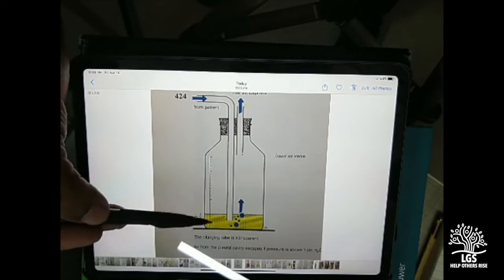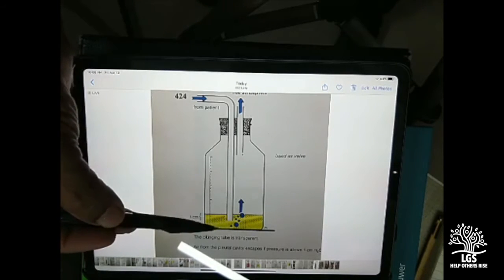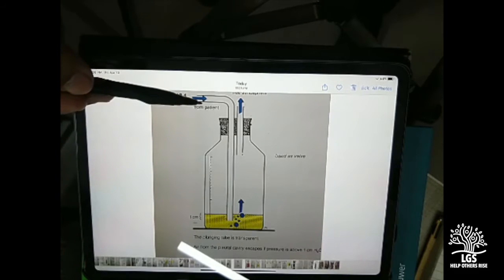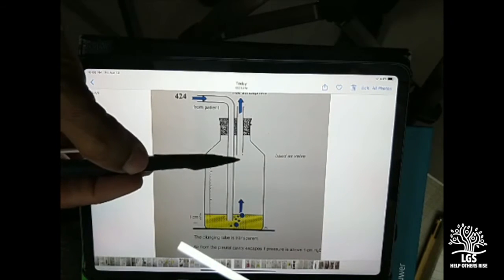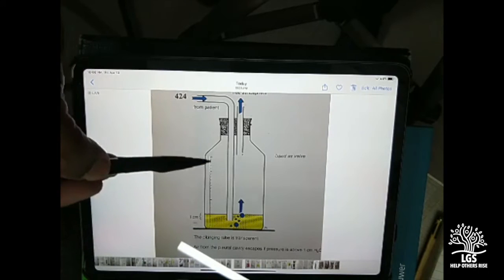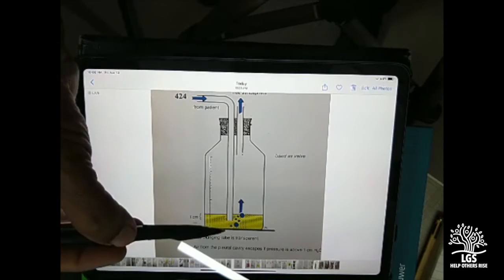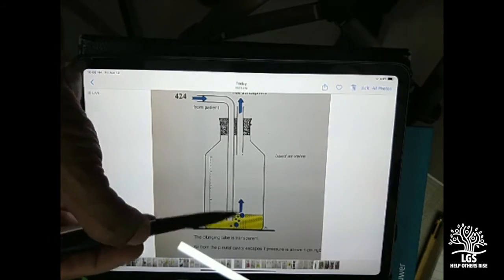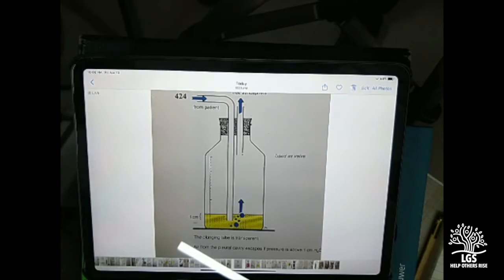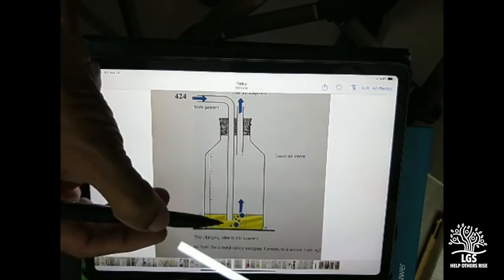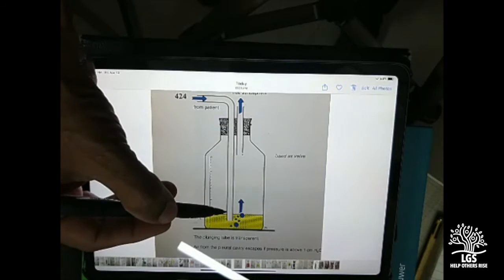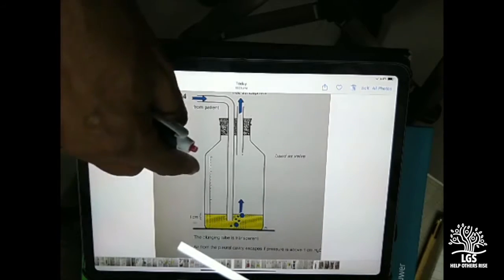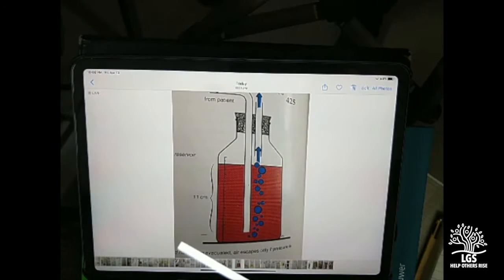So the water seal acts here. This end goes to the patient. This is to the environment. So the water seal allows the fluid and the gases to come out but does not permit the atmospheric air to go in. The pressure is 1 centimeter here, but normally we like to keep 2 centimeters or more.